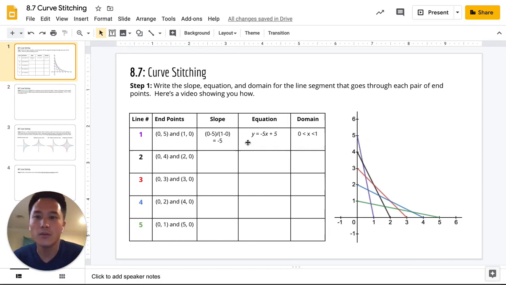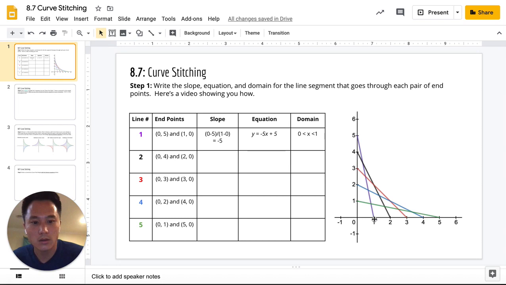This is the video for lesson 8.7, and we're going to review step 1. In step 1, you have 5 lines, and you're given the 2 endpoints of each line, and you have to figure out the slope, the equation for that line, and then the domain for that line. So for number 1, it's referring to this purple line right here that's going from the point 0, 5 to